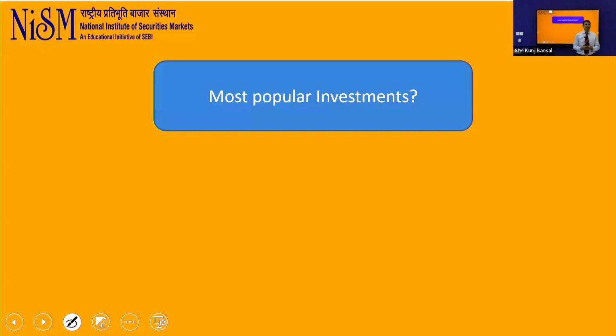When is it that we will use the gold, in terms of typical usage or thought process? Any answers you want to type in the chat box, when do we think we will use the gold? Marriage, okay. Loan, crisis, okay. Yogesh, very good point. That's the answer we were looking for. Ravish said gold. Emergency, contingency, yes, very true.